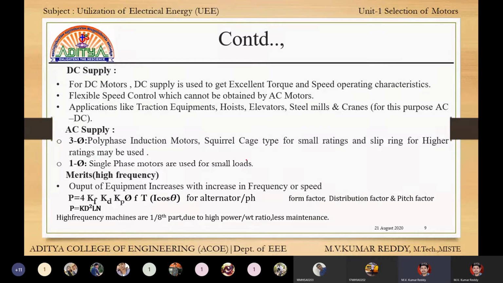Next, DC supply. In this chapter we are going to discuss each and every thing about the selection of motors only, whether we are teaching single phase supply, DC supply, AC supply or three phase supply, we are going